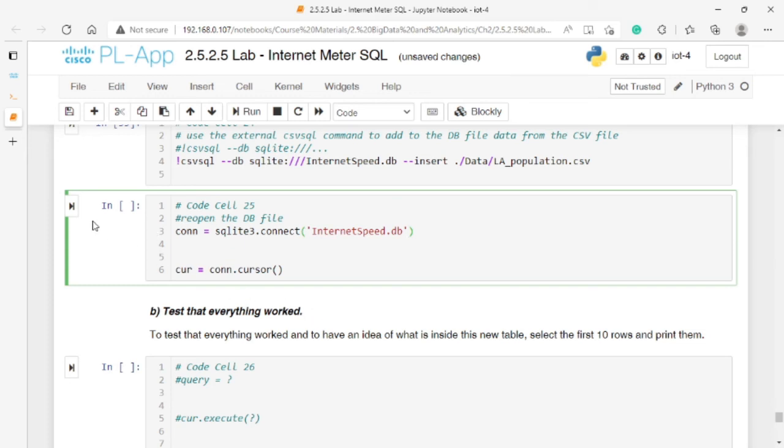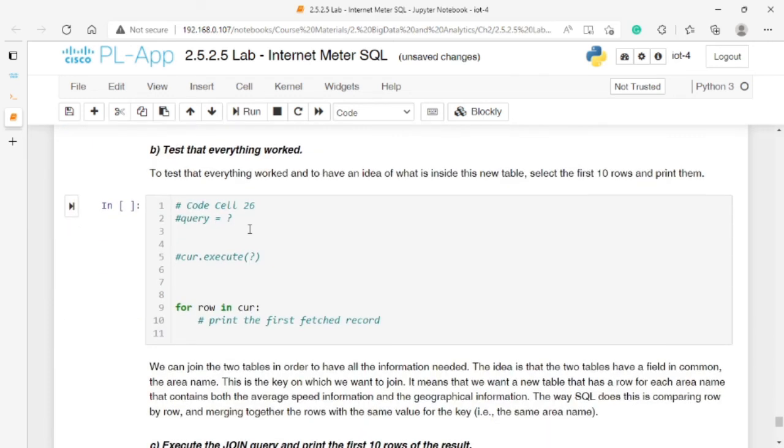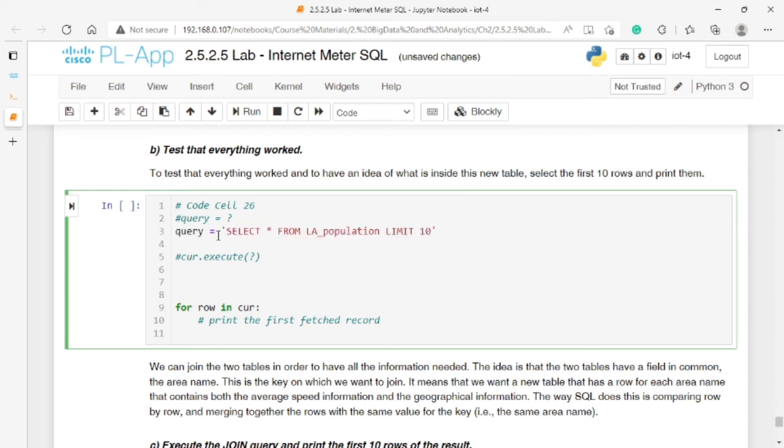Okay, and then we create a connection. After that, we need to make a query, just to check everything worked fine. So here the query is select everything from the population table, limit 10, and then we execute the query, and